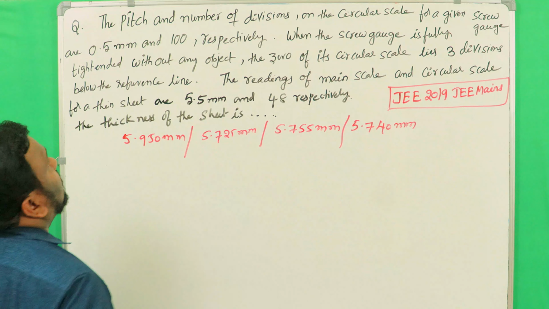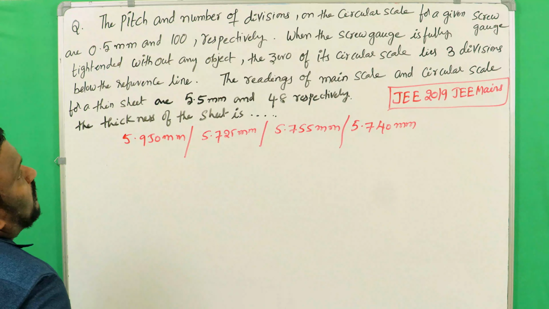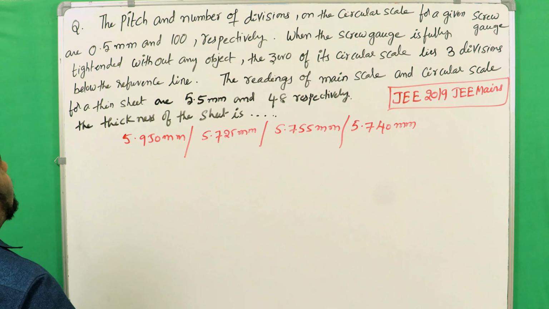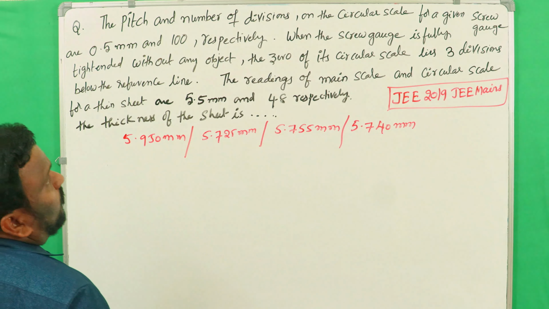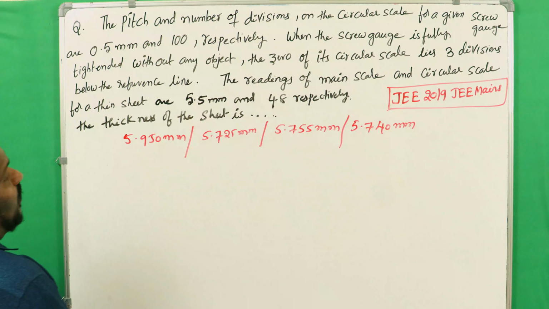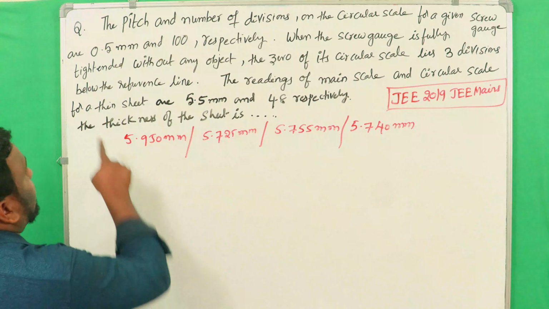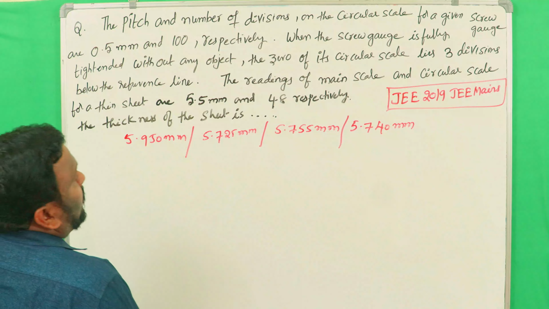See the next question. It was given in JEE 2019 mains. The pitch and number of divisions on the circular scale for a given screw gauge are 0.5 millimeters and 100 respectively. When the screw gauge is fully tightened without any object, the zero of its circular scale lies 3 divisions below the reference line. The readings of the main scale and circular scale for a thin sheet are 5.5 millimeters